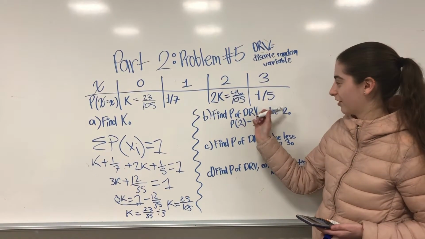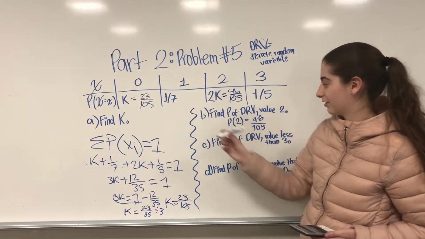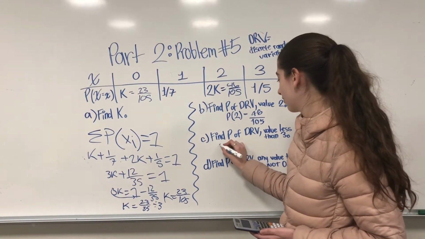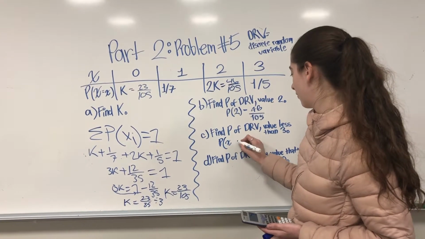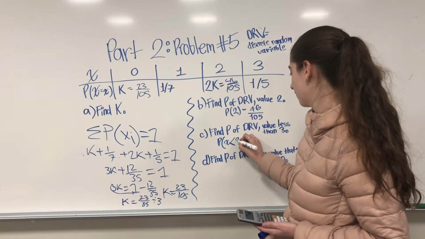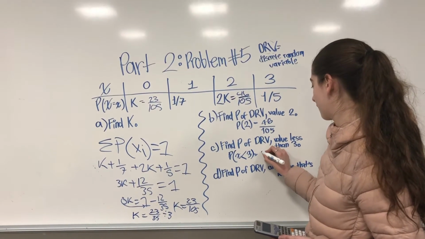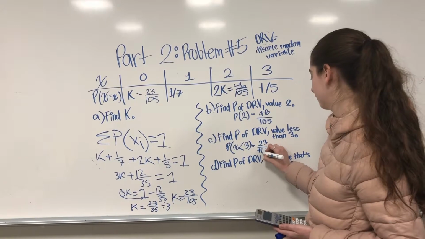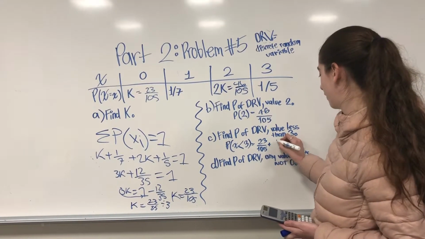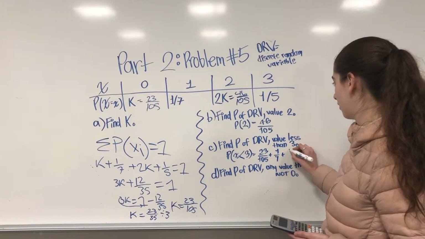So any number that is less than 3 is going to go in here: 2, 1, and 0. So the probability of any number that is less than 3 is equal to adding the probability of 0, adding the probability of 1, and adding the probability of 2,